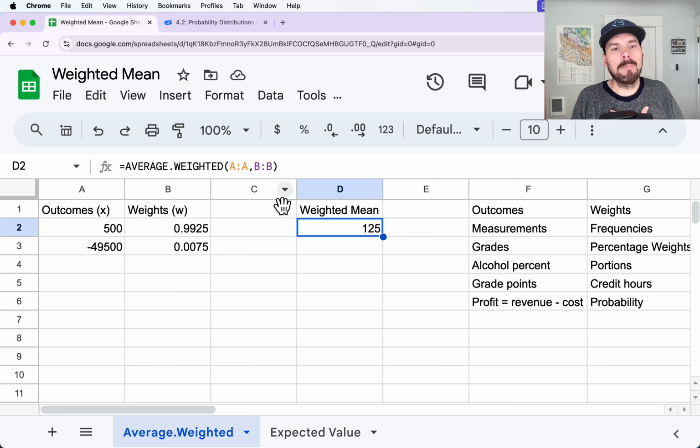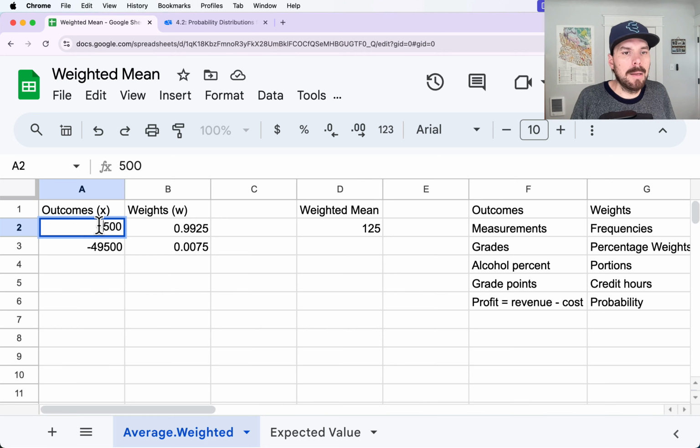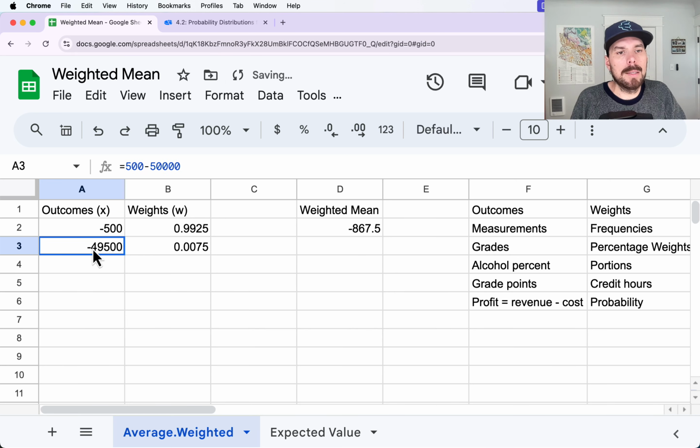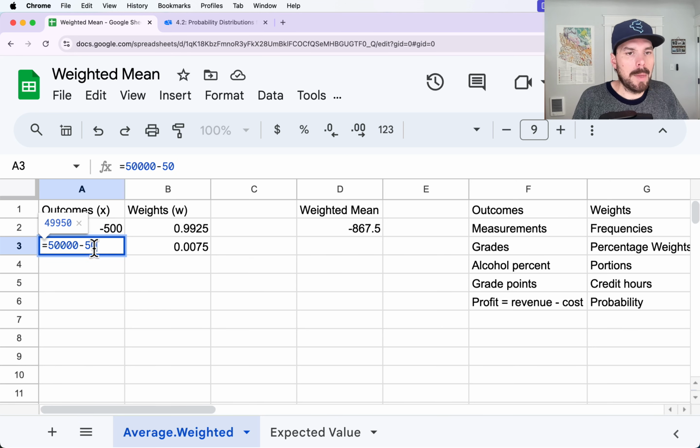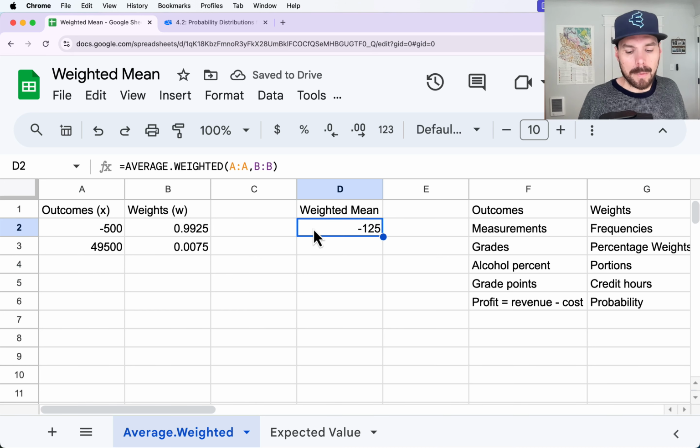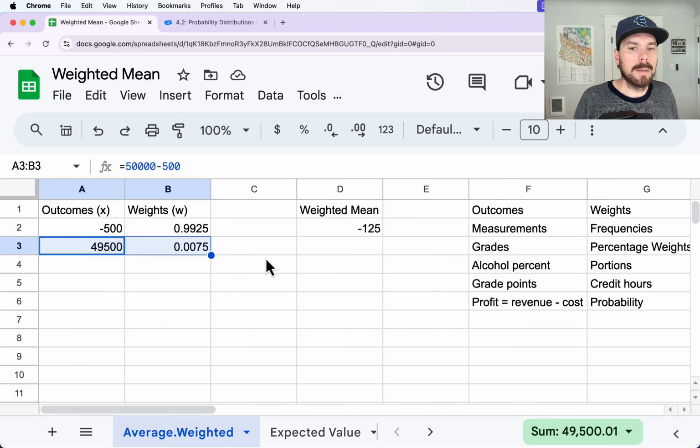Now, if I was the person buying the policy, everything would be flipped around. My profit would be negative when I don't use the policy and positive when I do cash in, even though it kind of doesn't make sense because I'm not in a great situation there. But here we can see that on average, people are losing money on these policies. And that is part of the risk of this: you're expecting that some of your money is just going to this company's fees and operating expenses. But it is risk and planning ahead for those negative situations.